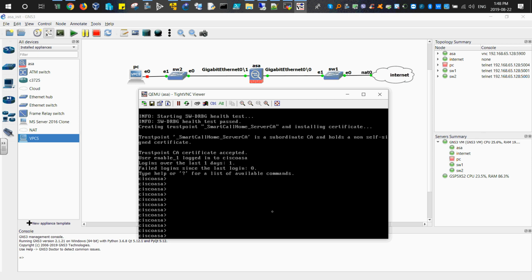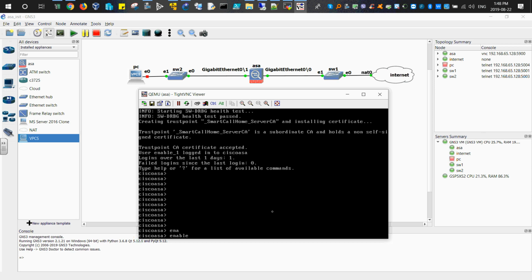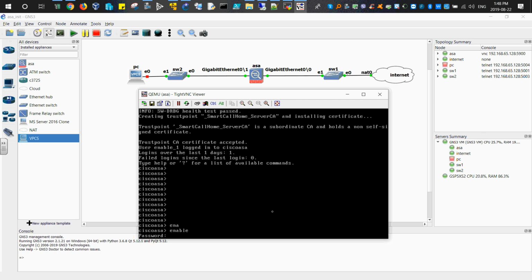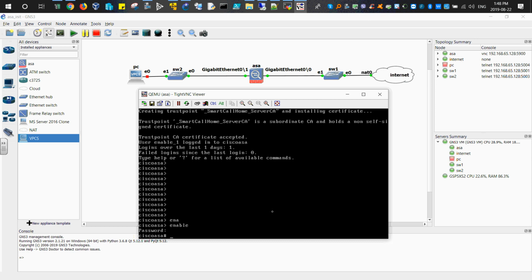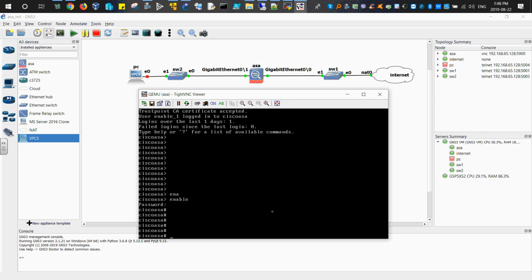Now from this moment, if I would like to go to the next level, I just do enable. I'll click enter. The password is empty, so you just click enter. That's the initial password. Afterwards, we could introduce our own, and we're in the Cisco ASA. Now I'll stop